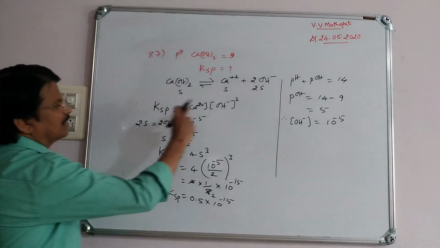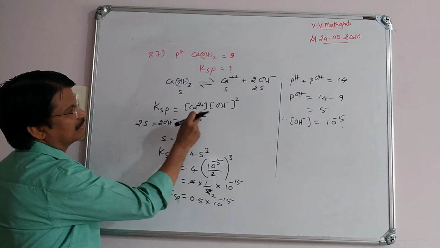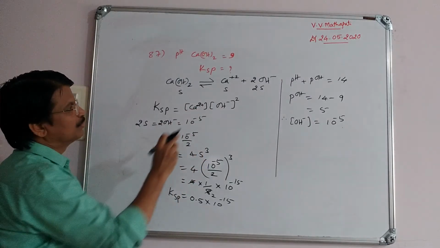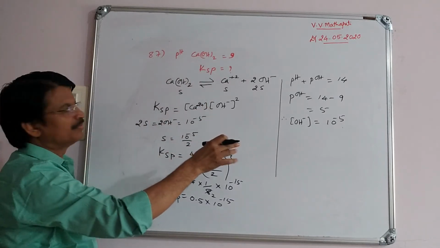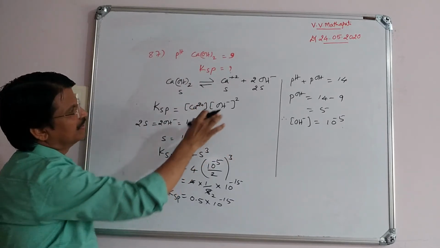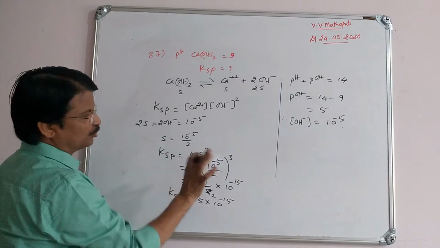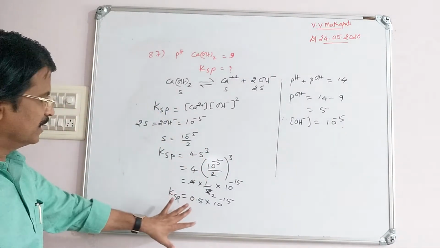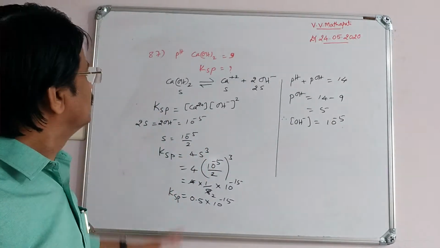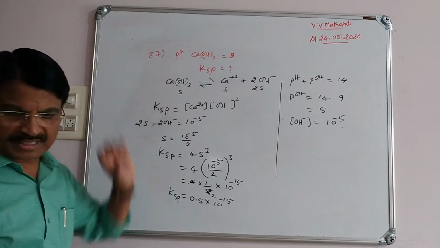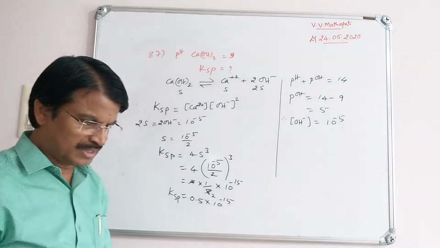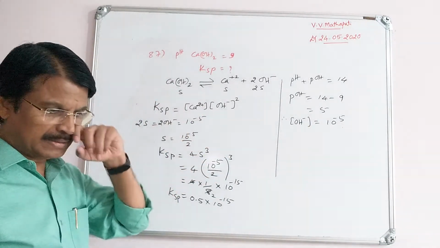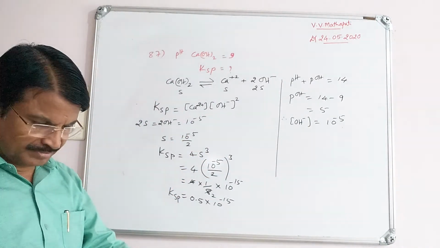See, why have we not continued using the other formula? Because if the calcium ion concentration is given in the question, we can continue. Calcium ion concentration is not given, hence we can write the direct 4S cube formula, substitute, and get the KSP answer. So this is another type of question using calcium hydroxide, and these also appeared in recent year NEET papers, NEET 2019. Next.